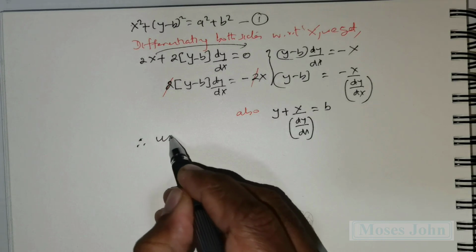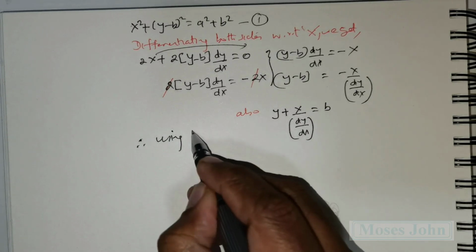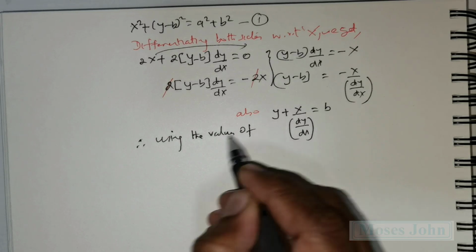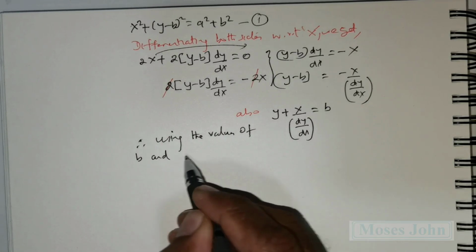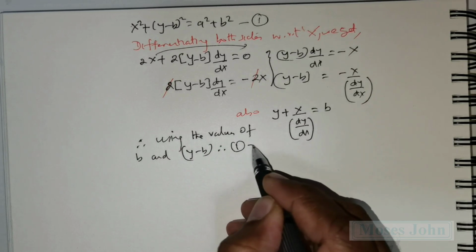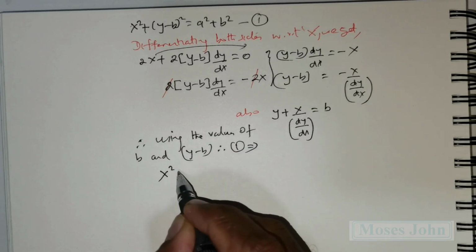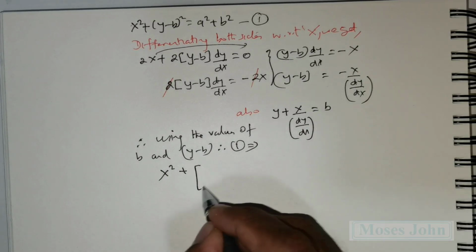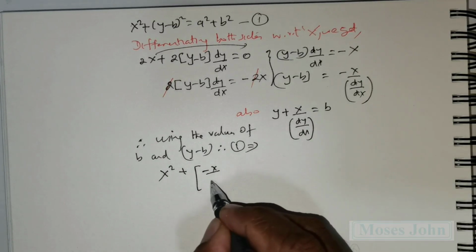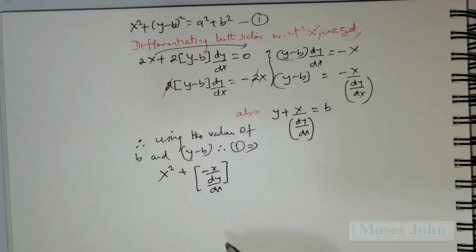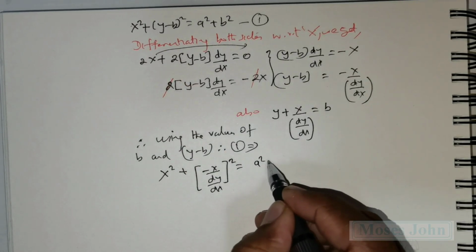So therefore, using the values of b and y - b, equation 1 becomes x squared plus (y - b) squared, and I'm going to substitute negative x divided by dy over dx for y - b, which has to be raised to the power 2, which is equal to a squared plus